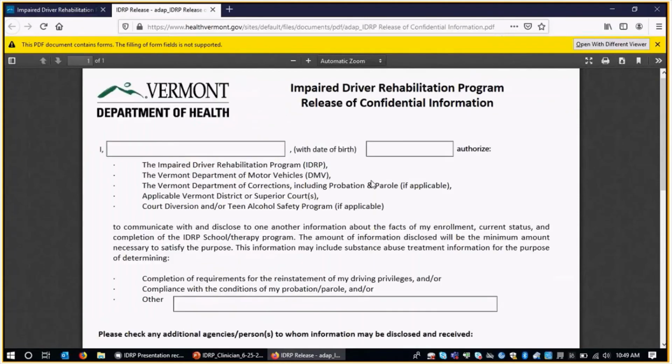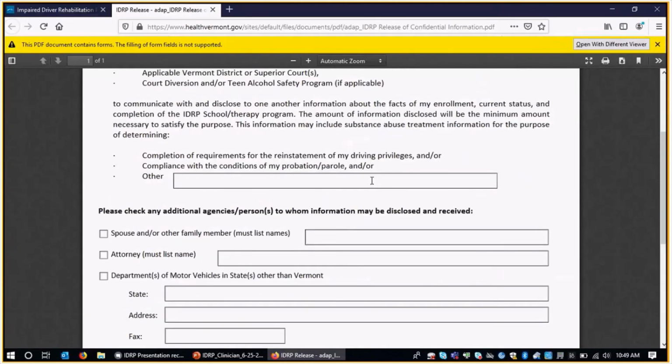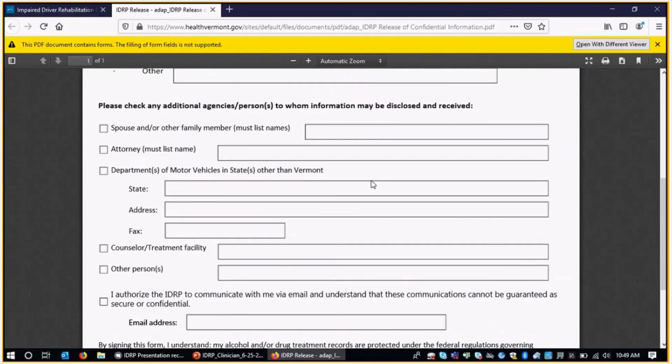I want to pull it up just briefly because there are a few distinctions that I like to make. If your client is a resident or has an offense in another state, then this section right here is very important